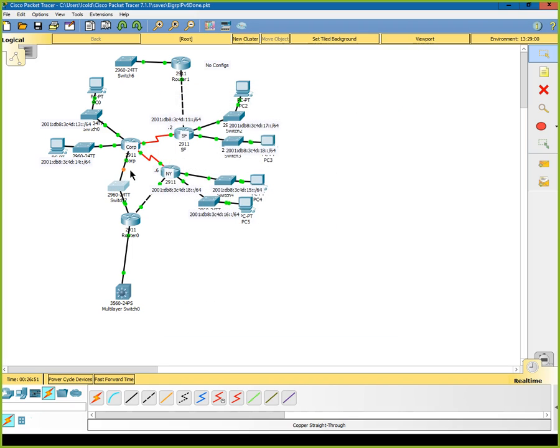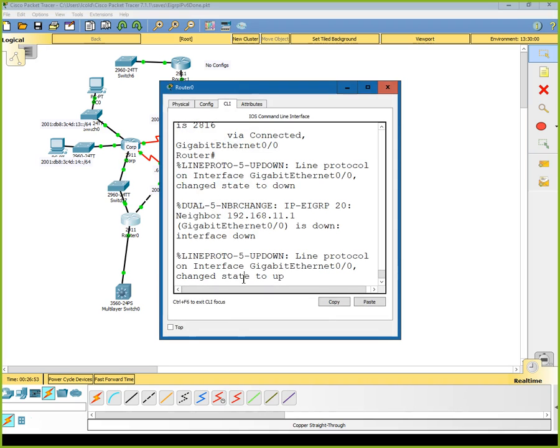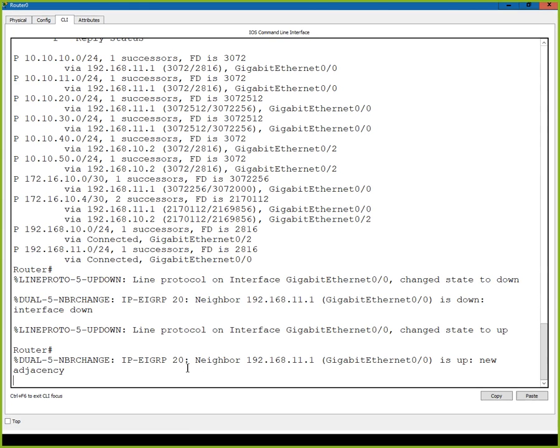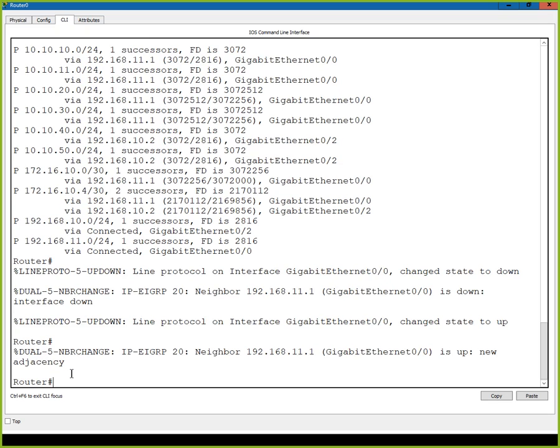So we're getting there, and we're forming the adjacencies again because we lost the connectivity. DUAL is the algorithm that EIGRP uses. So if we show IP